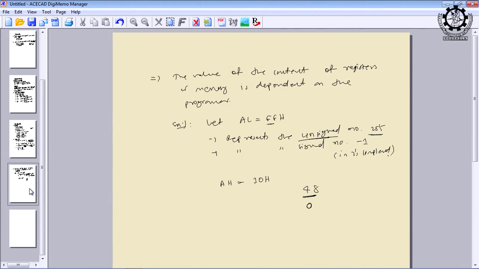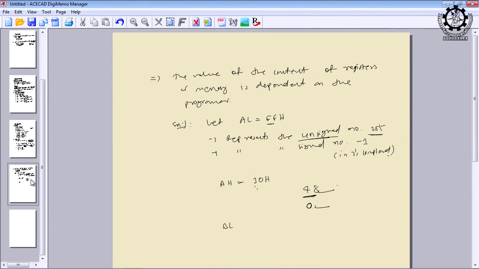Observe the ASCII code I have written just now: the corresponding ASCII value of 30 is 0. So, we can use the same 30 value as a 0 or as a 48. If I take 0, it is character data. If I take 48, it is signed data. Similarly, if you find the 2's complement of 48, you will get a negative number, right.